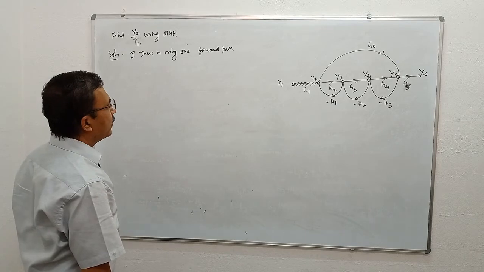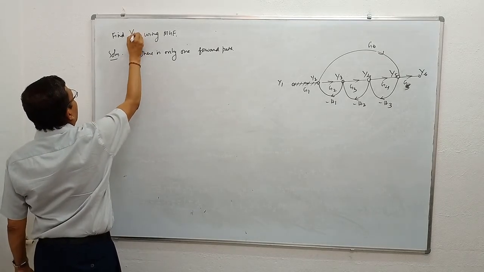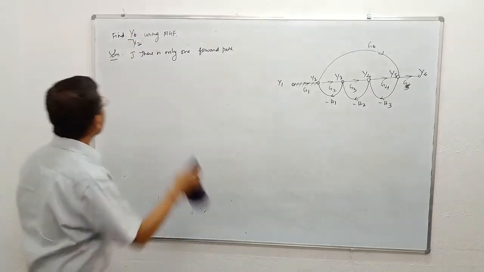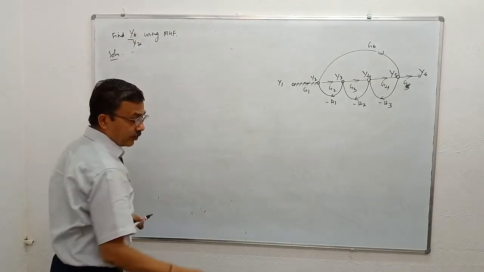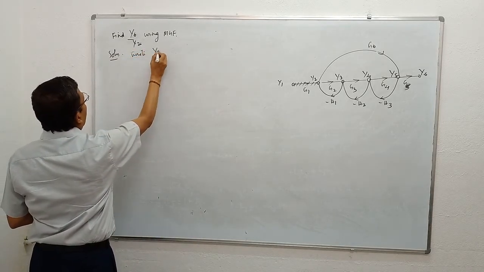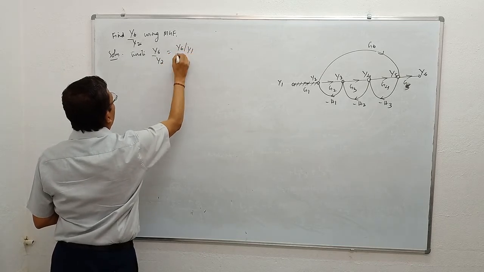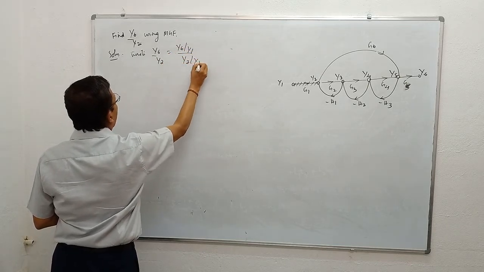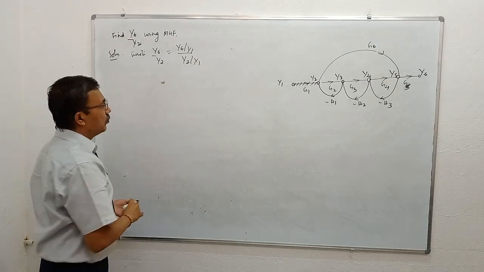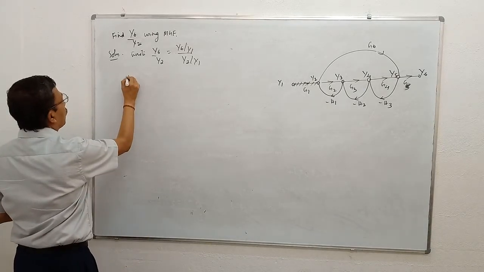So find, I'll say find y6 by y2, that will be better. We write y6 by y2 is equal to y6 by y1 divided by y2 by y1. Now we will not go into much details. To find